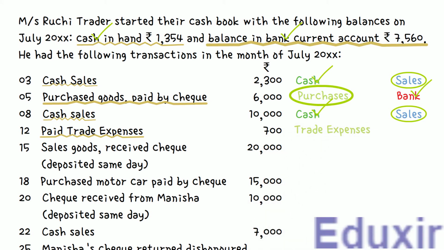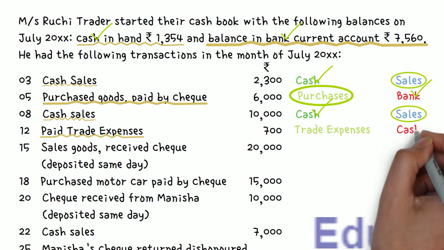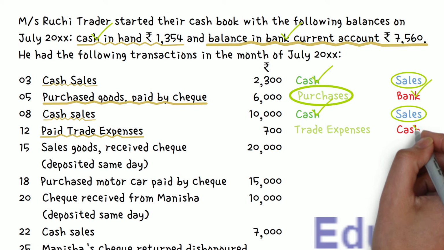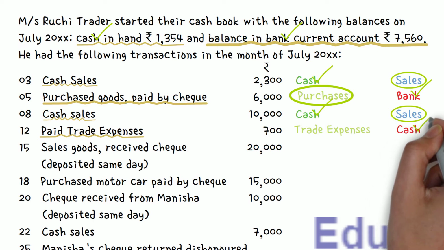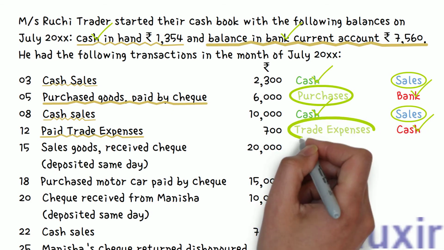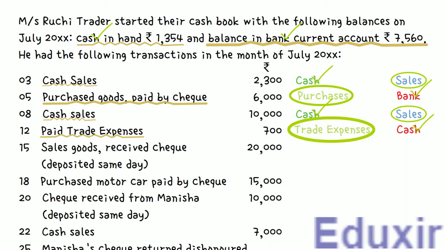At the same time, as these trade expenses are paid in cash, the cash asset of the business will be decreasing. The rule to record any decrease in the asset is to credit the corresponding assets account. In this case, the cash account should be credited. As you can see, the cash is on the credit side. So it needs to be posted on the credit or payment side of the cash book in the cash column. Note that the particular that needs to be posted into the payments column of the cash book is trade expenses. With this analysis at our disposal,